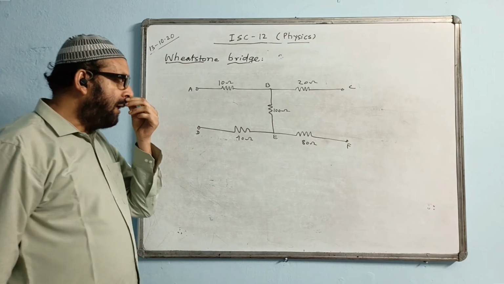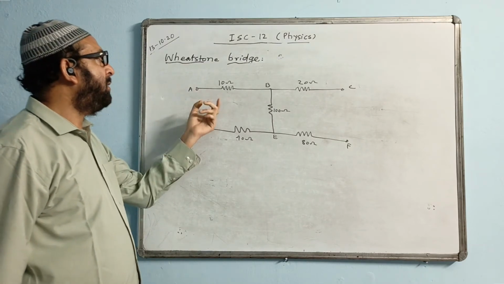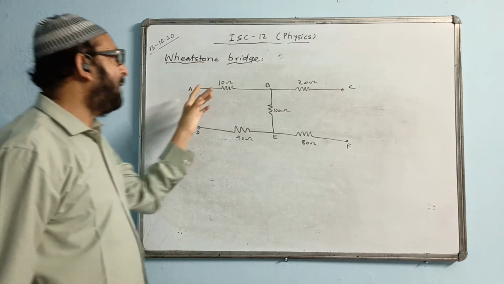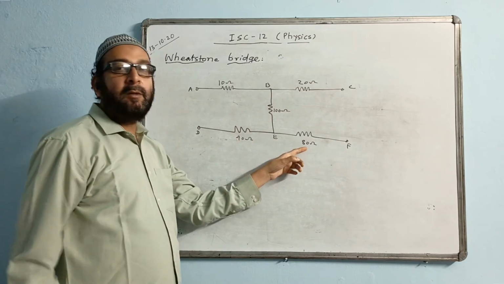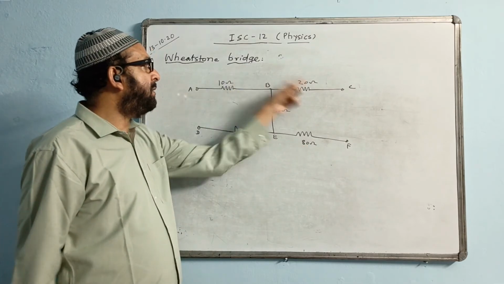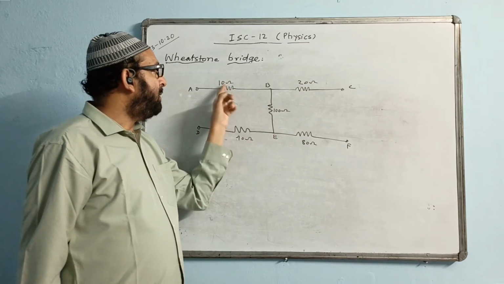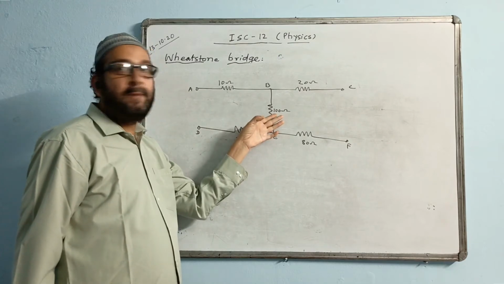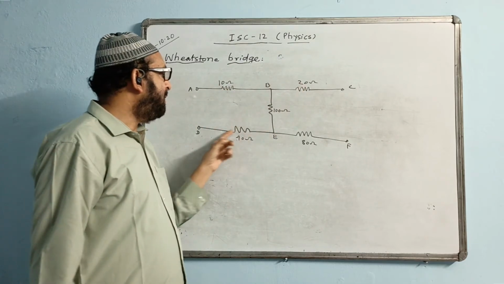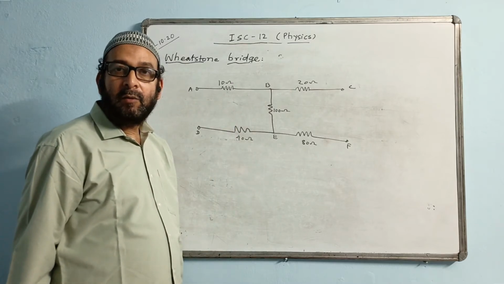So how to find? Here there is a slight confusion in the student's mind. They will think this way. They will again think this to be a Wheatstone bridge. They will calculate like this: 10 by 20, 1 by 2, 40 by 80 also is 1 by 2. They will think this is P, this is Q, this is R, this is S, this is the central part. Then the ratios are equal. That means this is the Wheatstone bridge, and the current here will be 0. That means these two are in series. These two are also in series, and they are in parallel. So they will do that, but that is wrong.